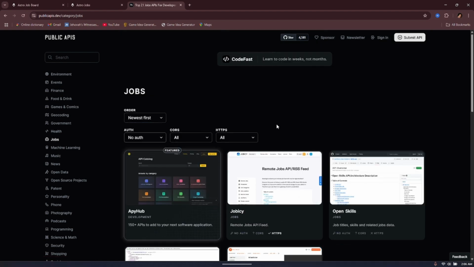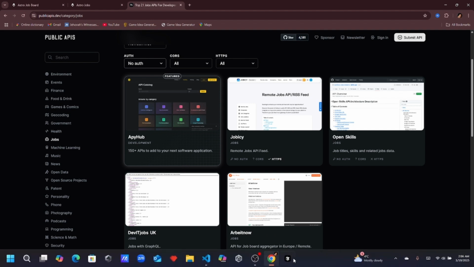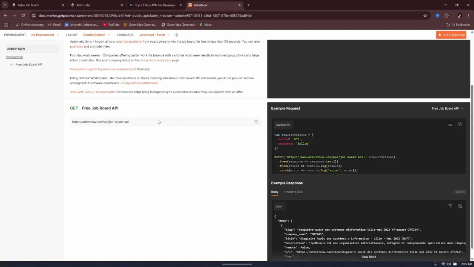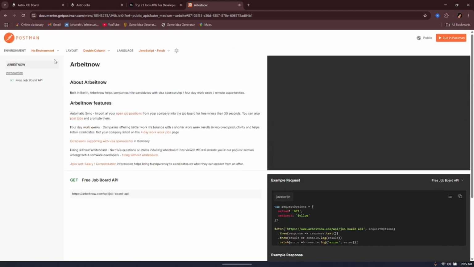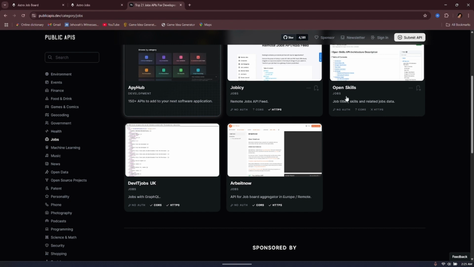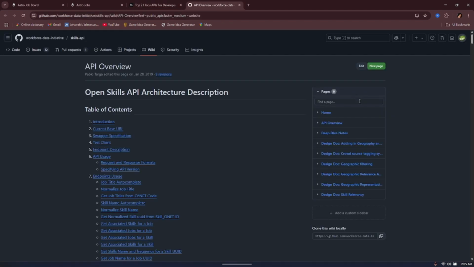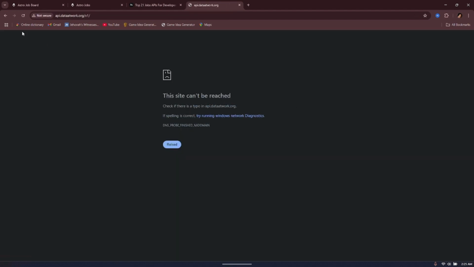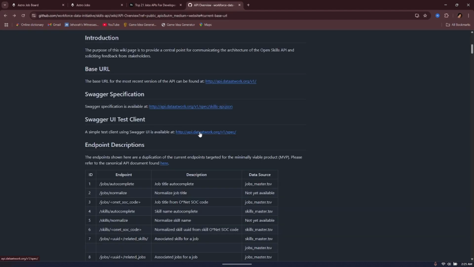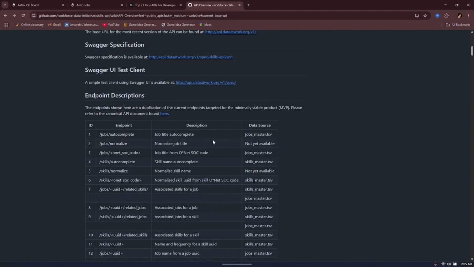Say no auth. So you could use a free job board API if you wanted to. There's one here, open skills. Doesn't seem to be working right now, but